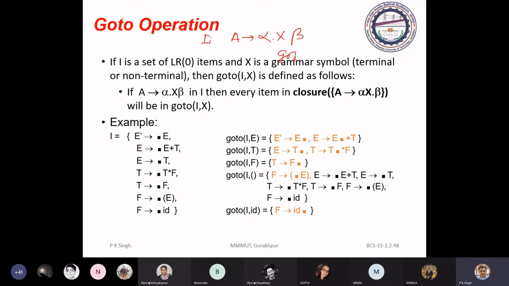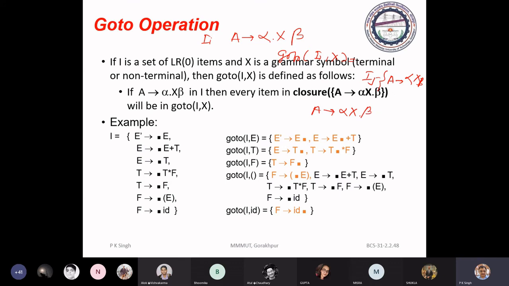Then goto(Ii, X) will be item set Ij containing A → alpha X dot beta.